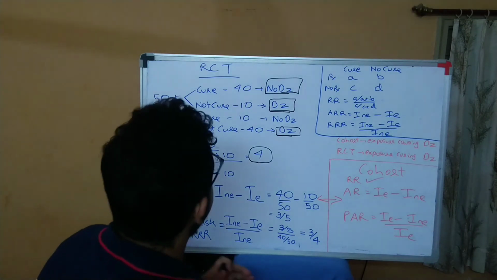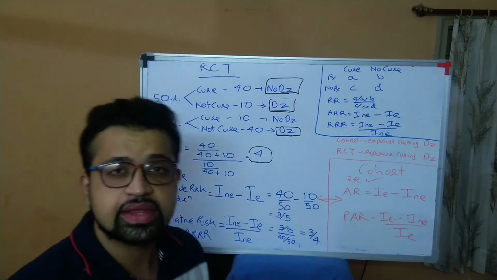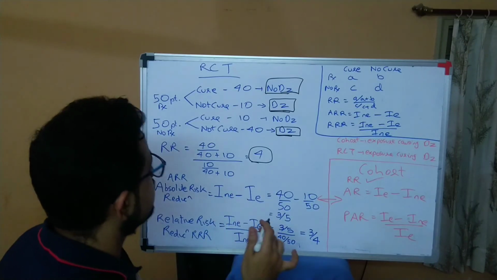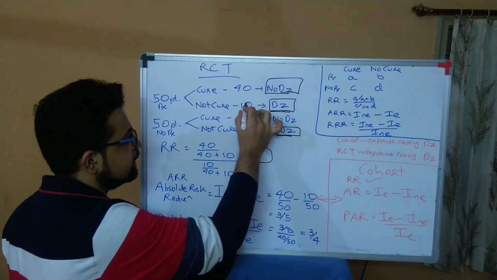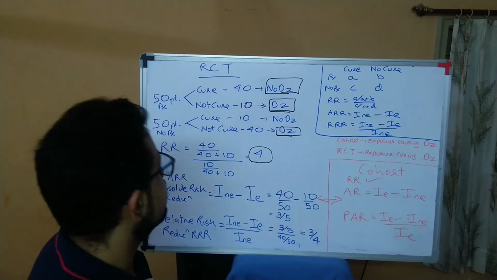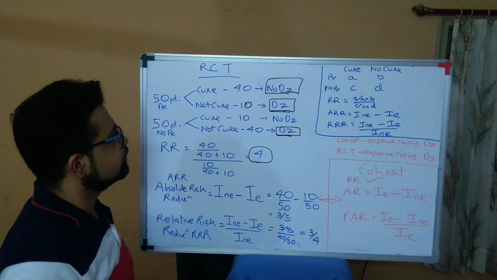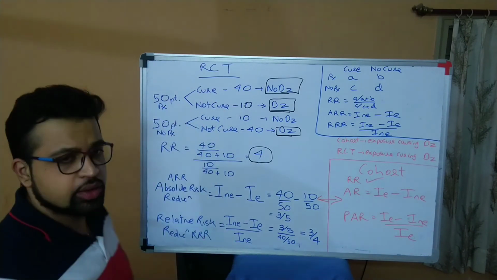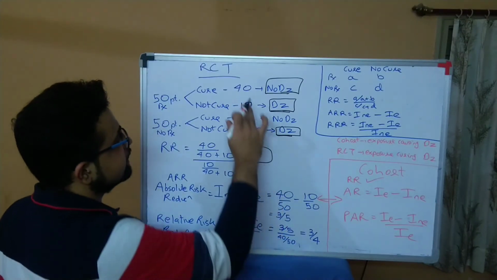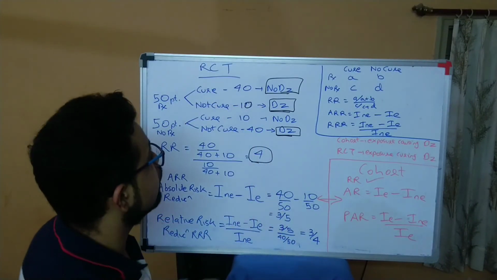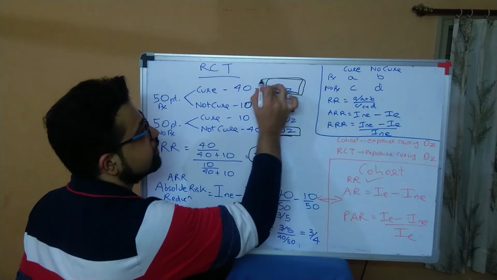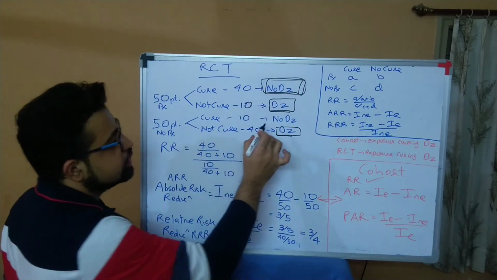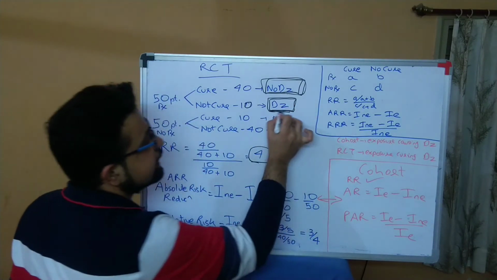Okay, so we have reached the last part of our discussion, and that is the mathematics of randomized control trials. We are going to take an example so that you don't get confused with formulae. In the same example we took in the discussion of RCT, there are 50 patients who are given amphotericin. Out of them, let's suppose 40 people get cured, so 40 people are not having the disease. And out of those 50, 10 people did not get cured. They are the 10 people who are having the disease.